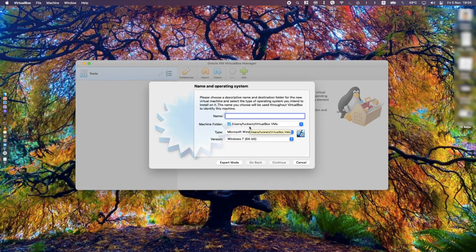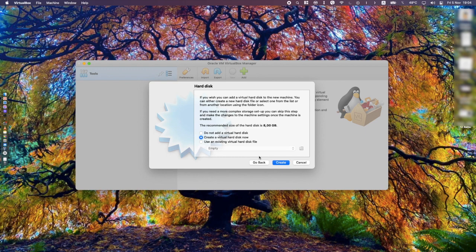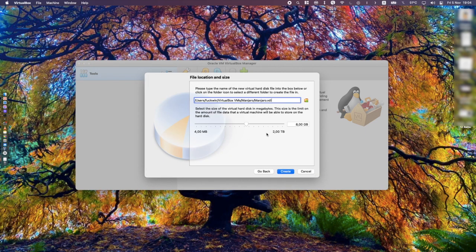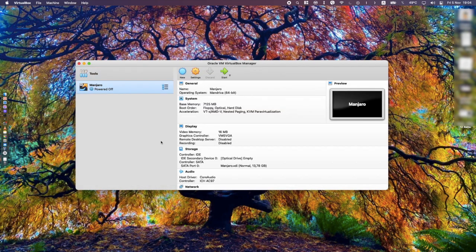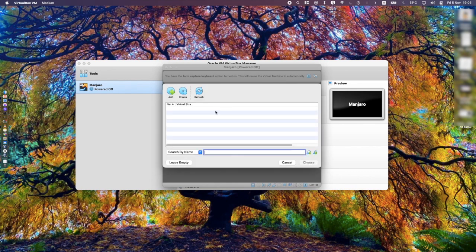and just for the sake of this video I will use Manjaro. So let's give this virtual machine a name, click on continue, set up some RAM. The process is basically the same for every installation. Now right here, when you click on start, typically we need to select where our ISO is. So when we click on add,